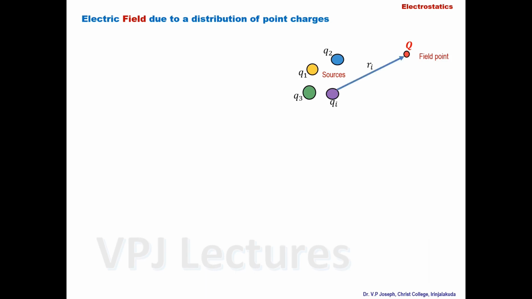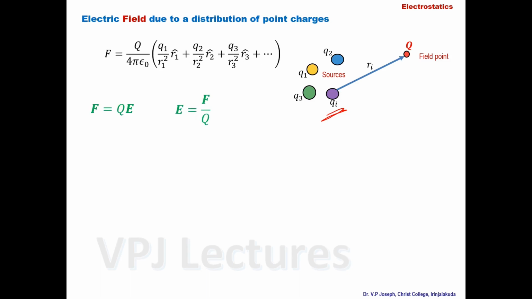so that we can consider the expression for electric field by considering an arbitrary distance Ri with respect to the Qi source. A Qi source is here, and Ri is taken as the distance between the arbitrary charge Qi and the field point, and the expression that we have already obtained for the force is given, in terms of Q1, Q2, Q3, by this expression. And we know that the force is given by Q into the electric field, so that E is equal to the force divided by the magnitude of the test charge placed at the field point.